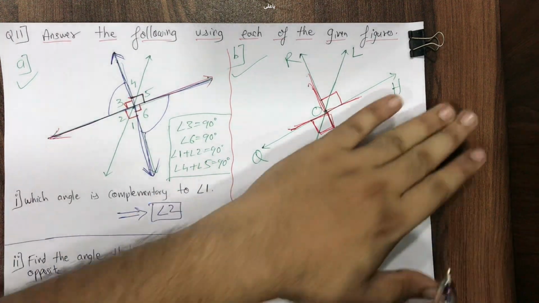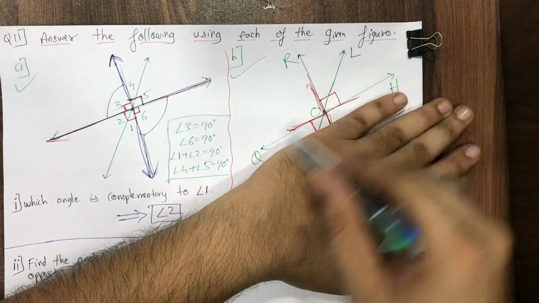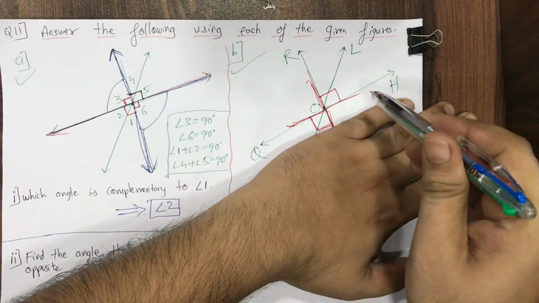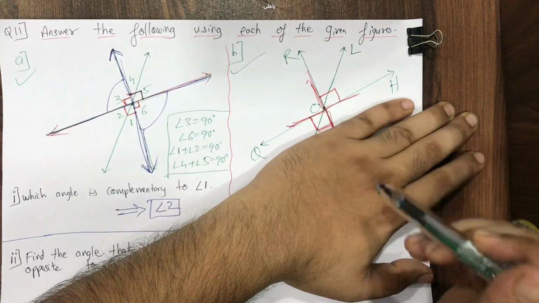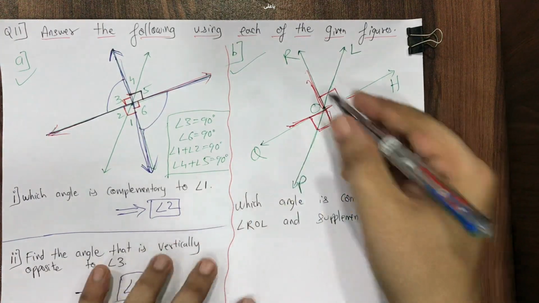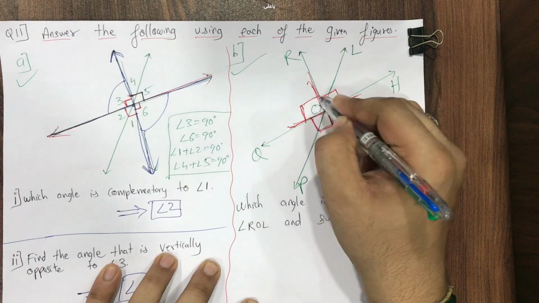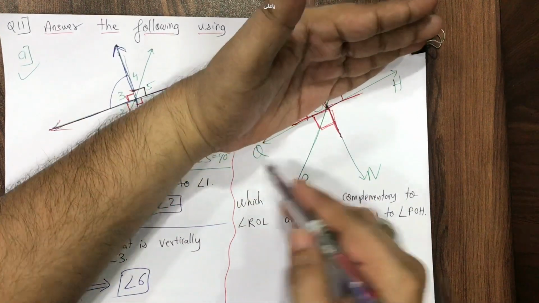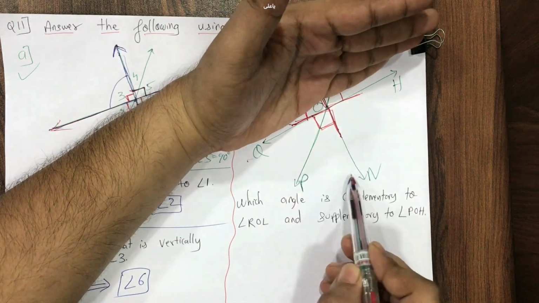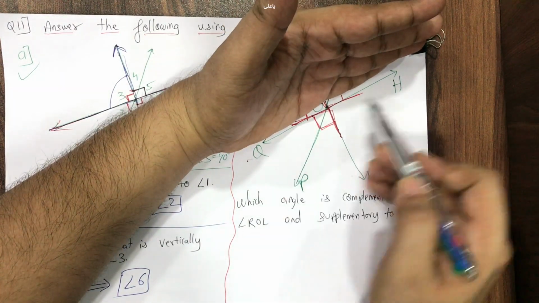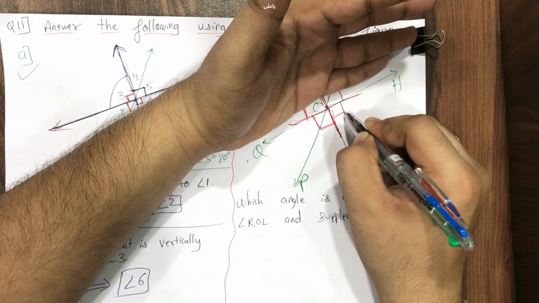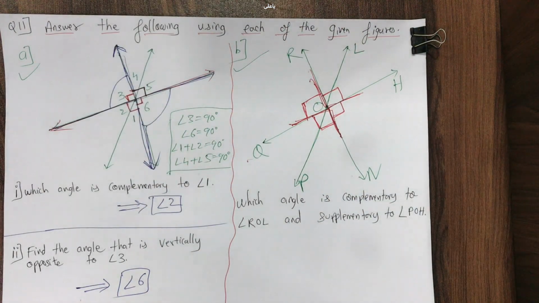Okay. Now if I keep my hand over here, this QH is a straight line. Do you all accept this? This QH is a straight line. So sum of all the angles on a straight line is 180 degree. So if ROH is 90 degree, ROQ has to be 90 degree. So this is also 90 degree. Similarly, if I keep my hand over here, QH is a straight line. QON is 90 degree, so HON also has to be 90, because sum of all the angles on a straight line is 180 degree. So this will also be 90 degree. These things you should know, students. Okay.